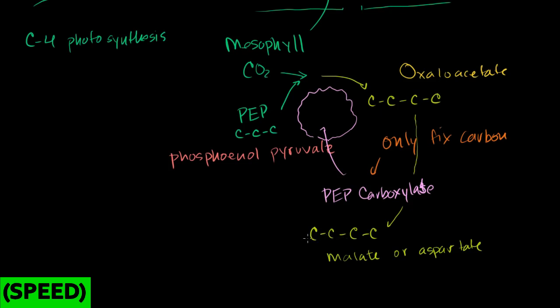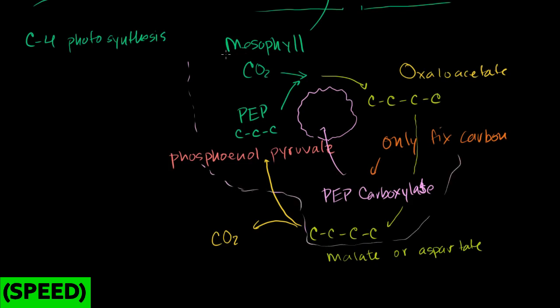What's the whole point? And this is the key. This is the whole crux of the issue. So now this malate is going to be converted back into PEP and carbon dioxide. And you're like, what was the whole point of this whole reaction? I just ended up with carbon dioxide and PEP again. I'm just going in circles. But the neat thing about this, and the reason why this prevents photorespiration, is that this part of the reaction, right here,